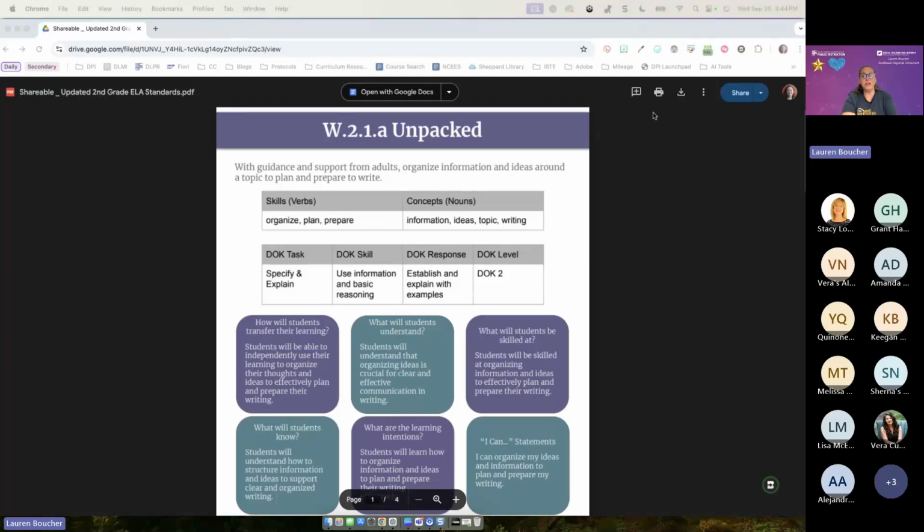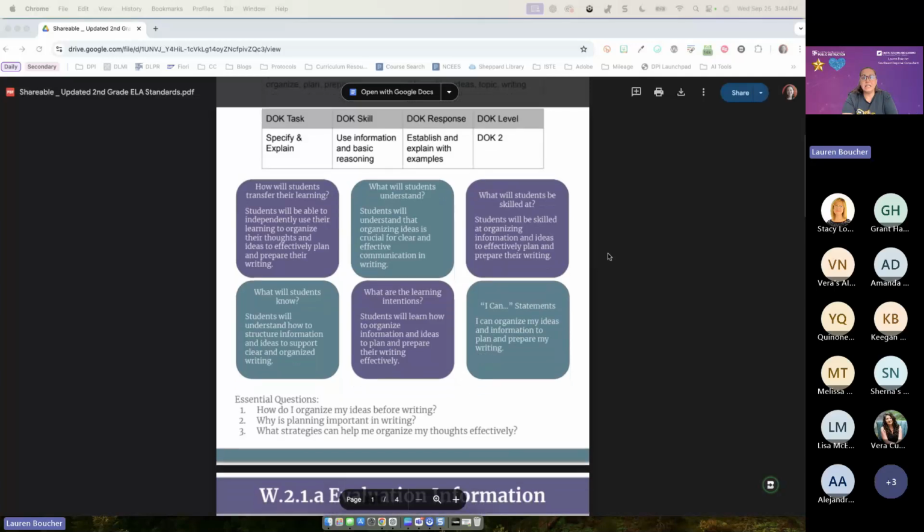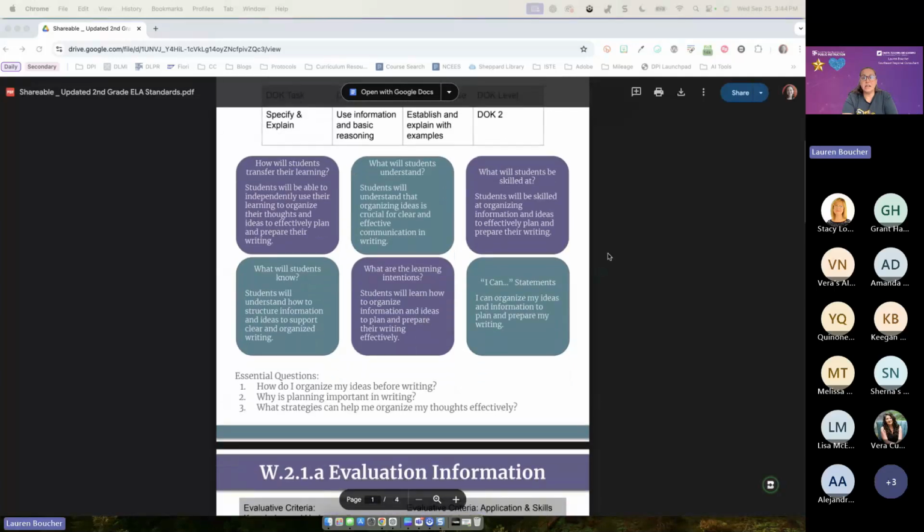And so from there, what I've done is again partnered with AI to talk about, well, how are students going to transfer their learning? What will students understand? What are they going to be skilled at? What are they going to have to know? What are the learning intentions? And then translating those into I can statements.